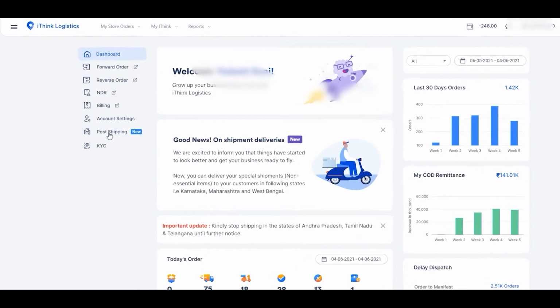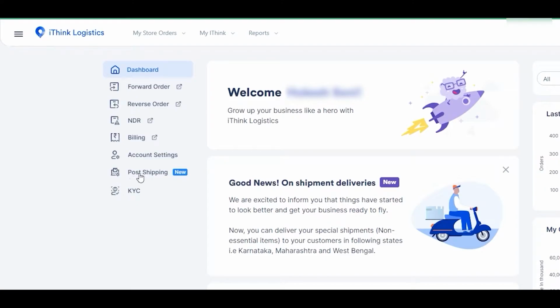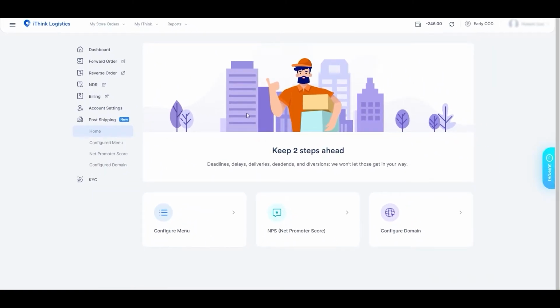Today we will be looking at Post Ship. Post Ship is a tracking page that the seller shares with the buyer so they both can experience an easy order tracking process. The I Think Logistics team has designed this page so it's easier for buyers to navigate the tracking process in a very simplified way. We believe this is our best product since it enables you to track your product on the order tracking page.